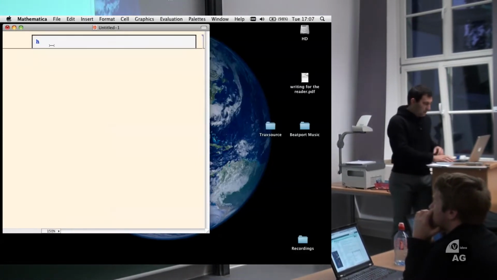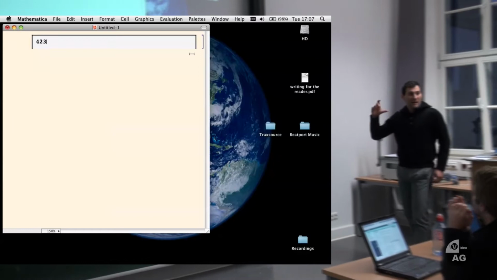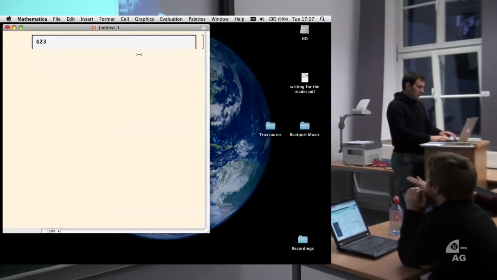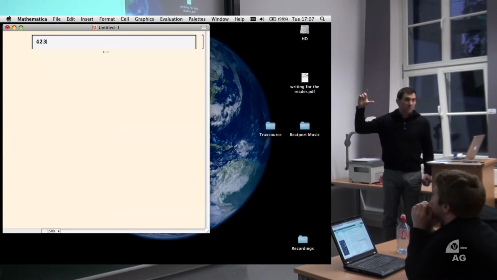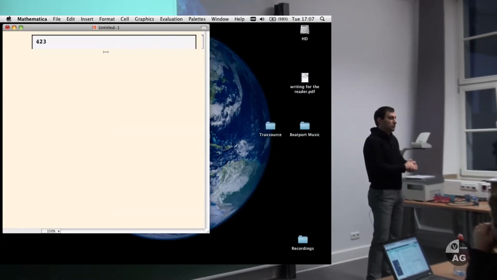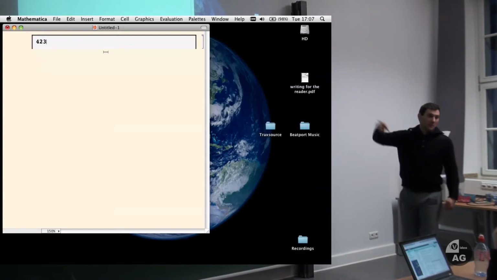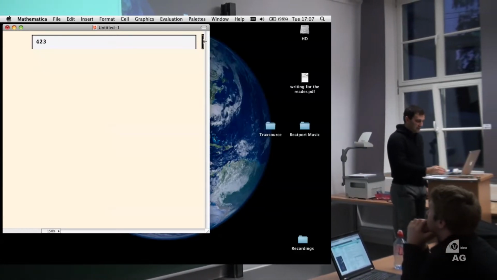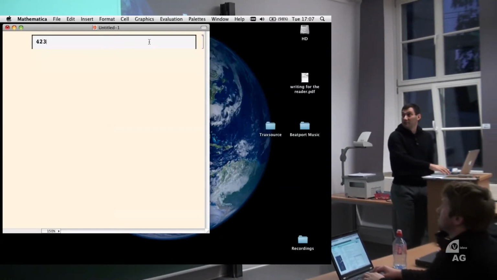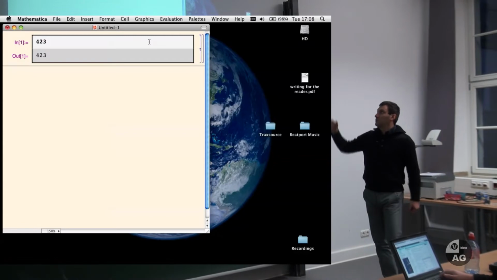Okay, so the moment you type something, over here on the right, a cell pops up. What does that mean? It means that whatever you're typing now is contained in this object called a cell. And whenever you want Mathematica to perform some computation, some evaluation, you have to evaluate the cell. You can select the cell, or as long as you're inside the cell, that's fine. Now you have to do Shift-Enter together, and the cell is evaluated,